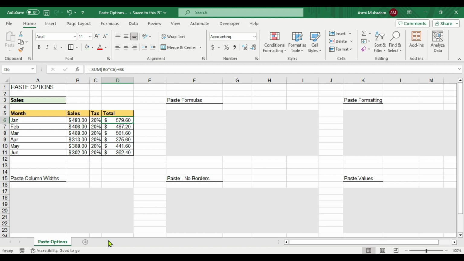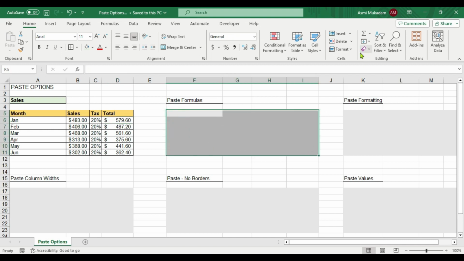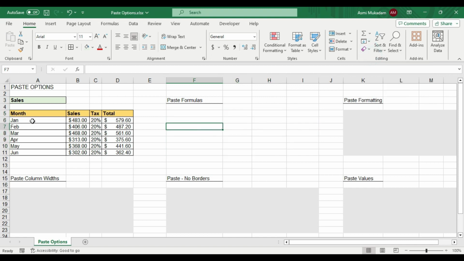So in Excel we have different options. The first option is paste formula. First we will see this option. For that we will select this and I will clear this first. I will go to this clear and I will clear all. Now I will select my table.